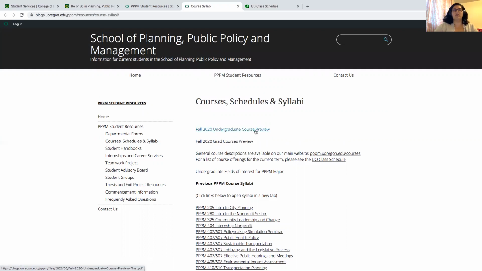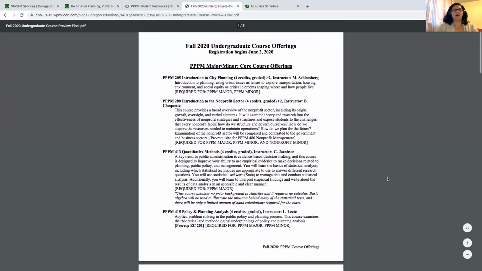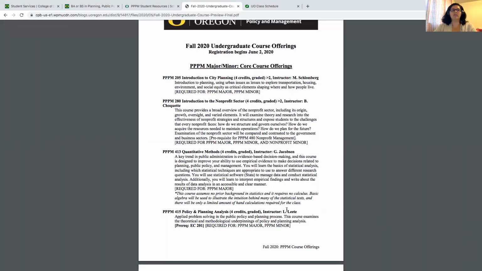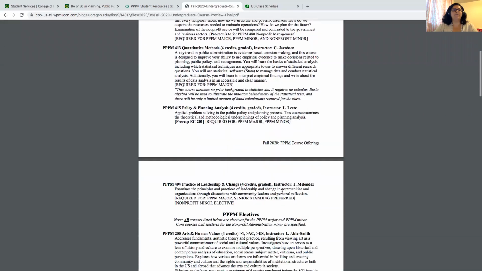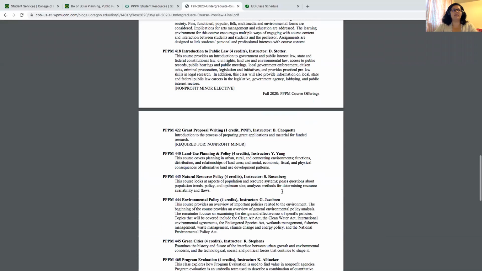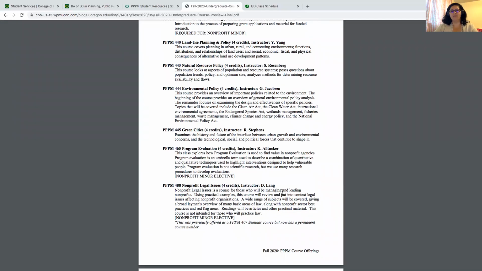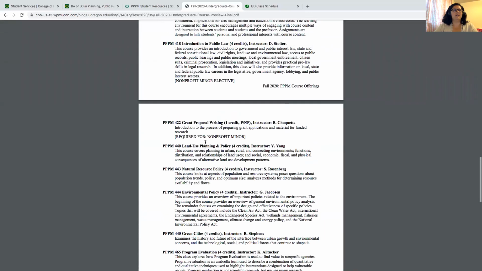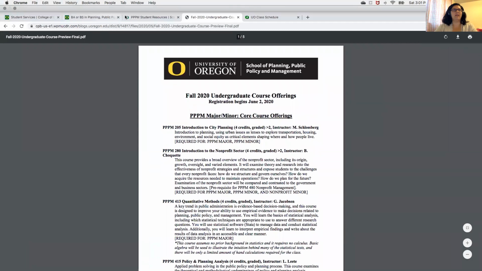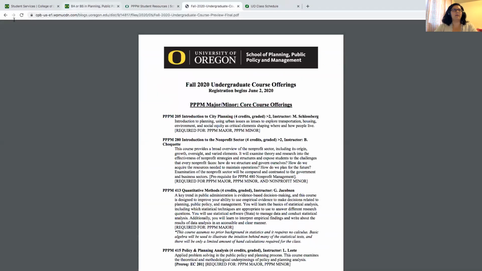But just to give you a sense of what you can expect on the course preview document, there are in-depth course descriptions of the core classes and the elective classes that are being offered that term. You also see who the instructor is for those courses, how many credits those courses are being offered at, and then also if they count towards any other areas or core education requirements, like the Caret 2 counts for social science. So this is a good document for students that want to learn more about classes before actually committing to them. So this is something you also want to keep handy. Go back here.